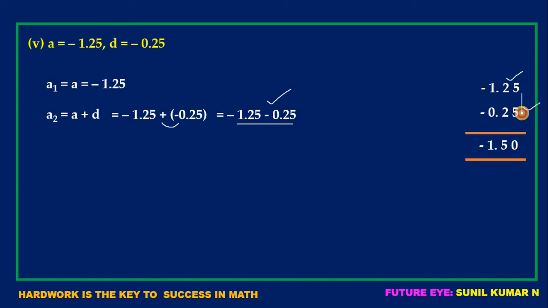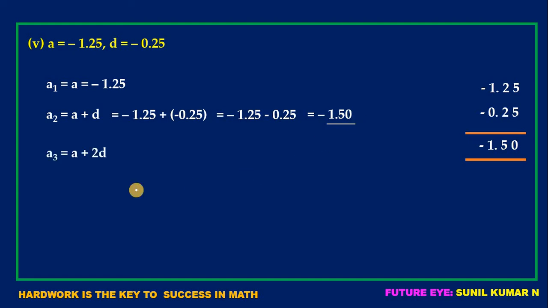Now add 5 to 5, we get 0. 5 plus 5 is 10. I have written 0 and 1 is carry. 1 plus 2 is 3, 3 plus 2 is 5 and 1 plus 0 is 1 only, and don't forget to put the decimal point. And both numbers are in negative sign, hence put a negative sign for your answer. And here I have shown addition only for this part. For the remaining part you have to do it yourself. See, when we add these two numbers, I have got minus 1.50.